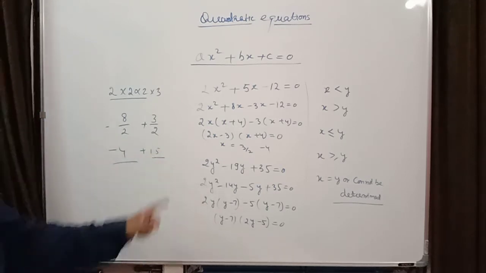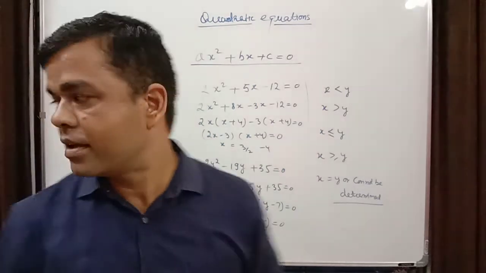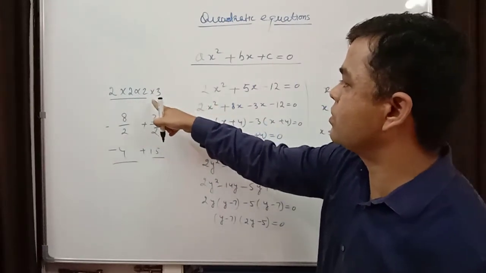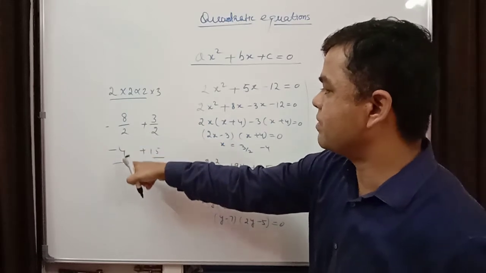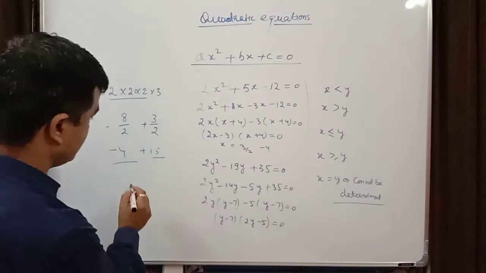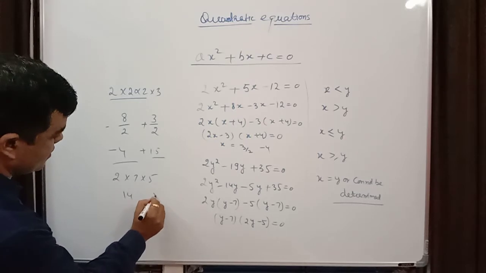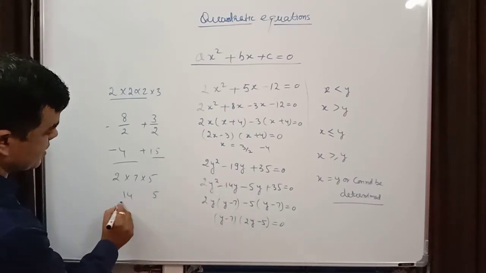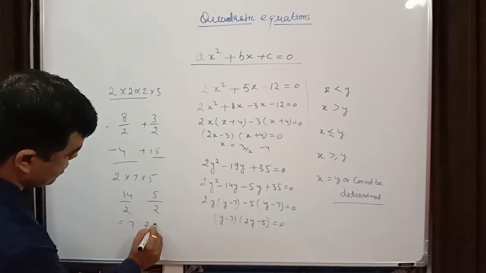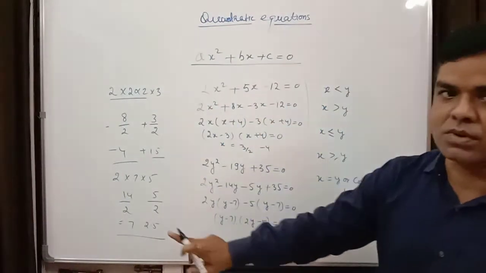So without writing these steps, you can directly calculate the roots. If you have practiced well, then 2 into 2 into 3, 8 plus 3, divided by 2, gives 1.5. In similar fashion here, 2 into 7 into 5, then 14 and 5, both will be minus, so here it will be plus, then divide by 2, and the roots will be 7 and 2.5. So without writing this equation, you can tell the roots.